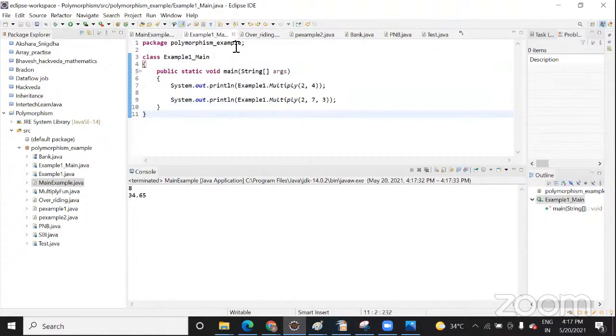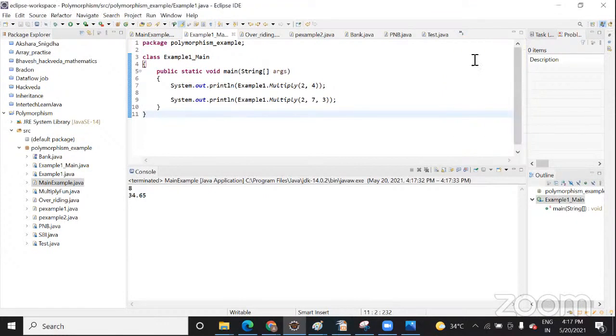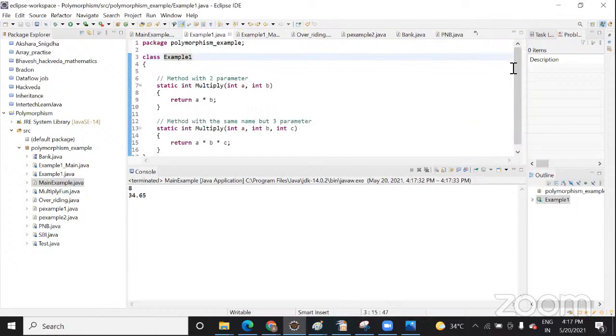Yes, I'm looking at that one. There are two examples. I think the first one, yes.